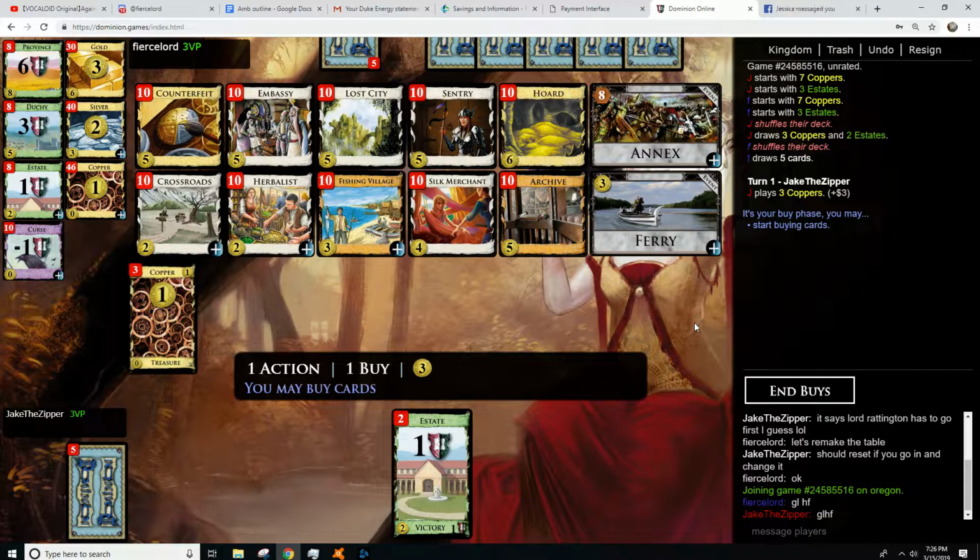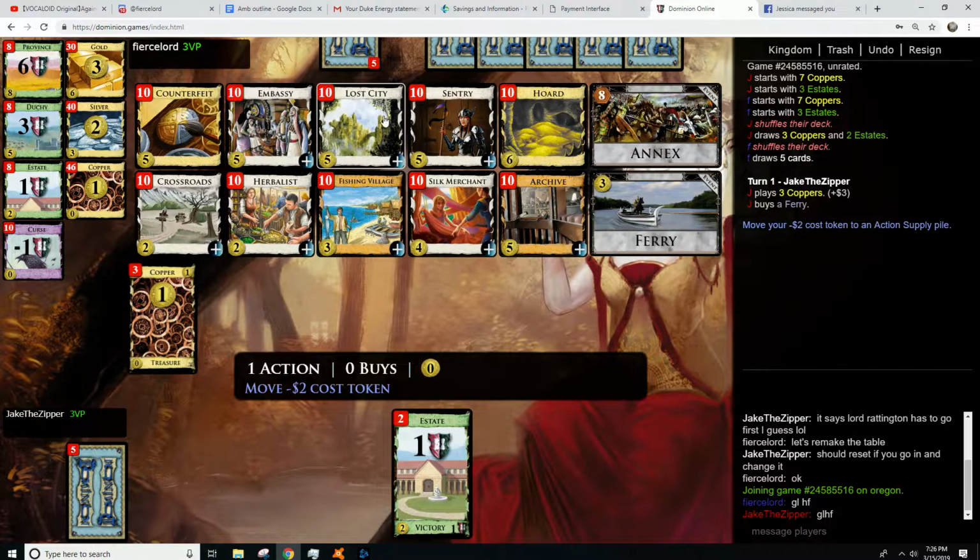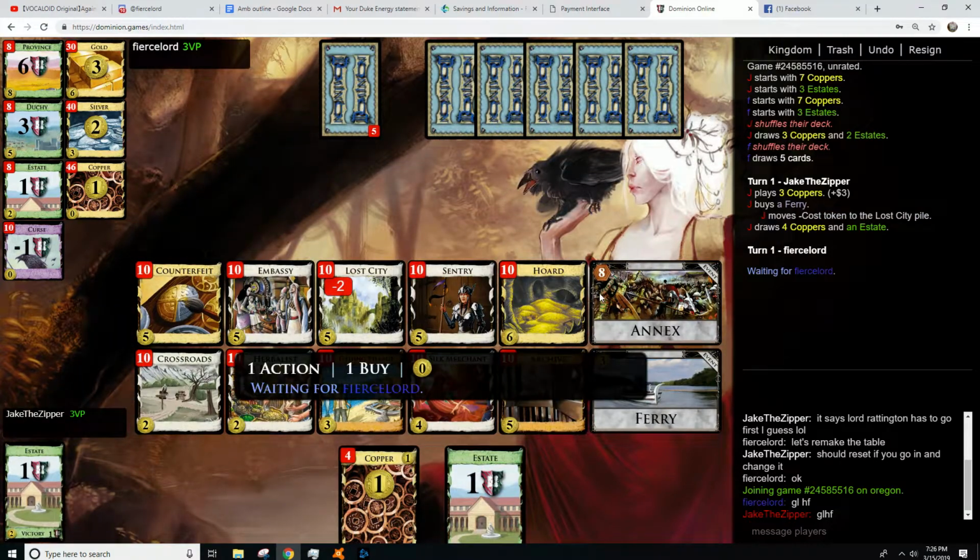So we're gonna get a Sentry on turn 3, and then we're gonna start getting. Are we getting a Sentry over Counterfeit? Okay, so I think we ferry the Lost Cities as our first 3. Maybe taking a silver would have been better. Either way, I'm taking a Silk Merchant as my second buy. And given that I'm not gonna. Man, I wonder if taking a silver would have been better, given that I'm not going to actually